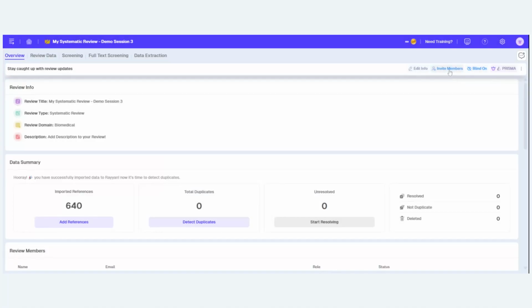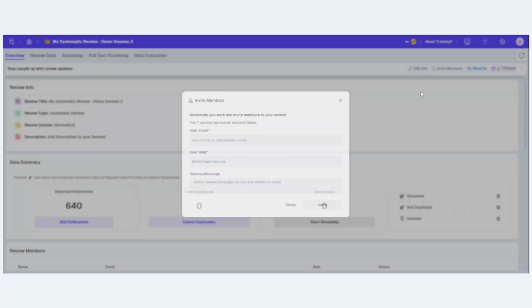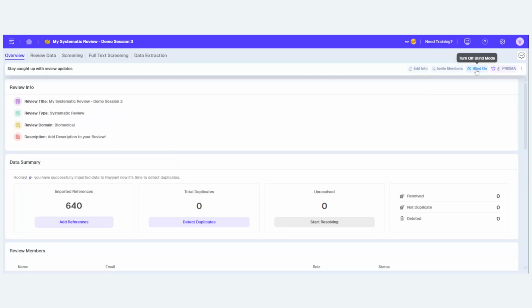As the owner as well, you will be able to invite more members and turn the blinding from on to off. Basically, any review you create will be blind on by default. When blinding is on, any decisions or customizations by all members will be hidden from each other in the effort of eliminating the risk of bias. So this way, users will not be influenced by each other's decisions. Thus, all the decisions will be